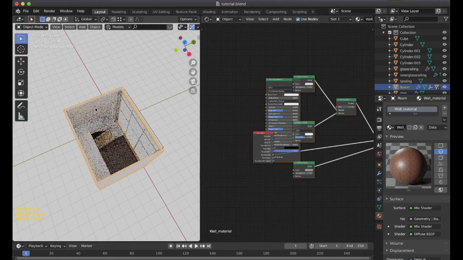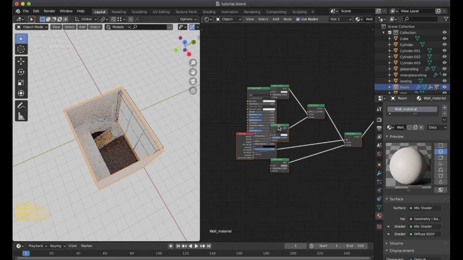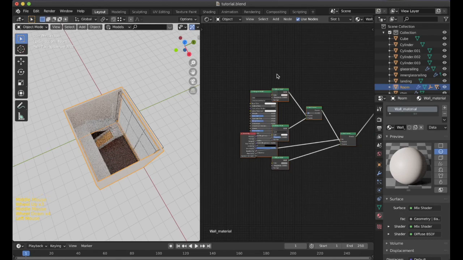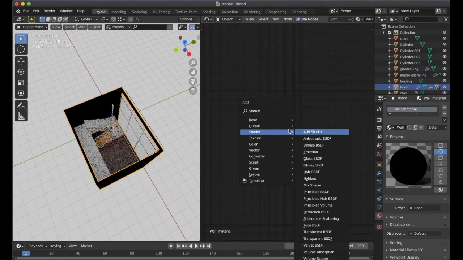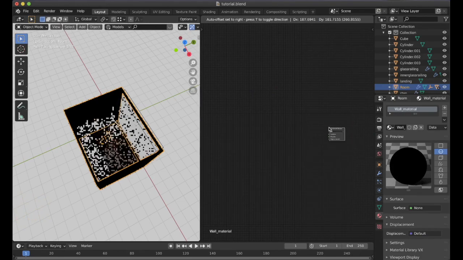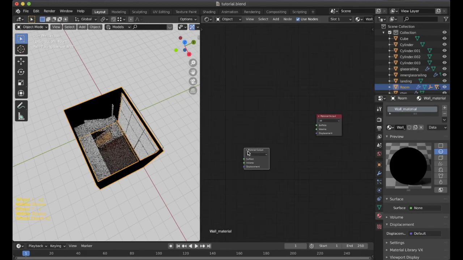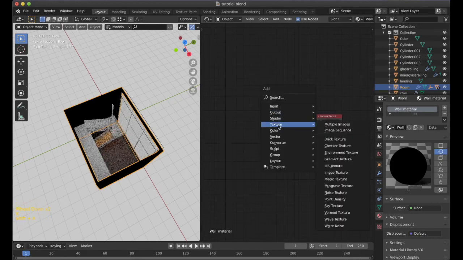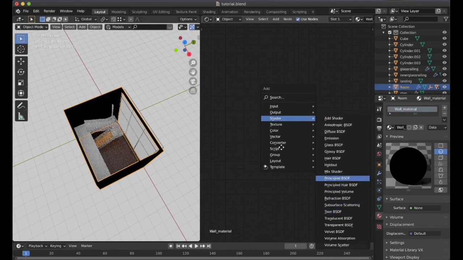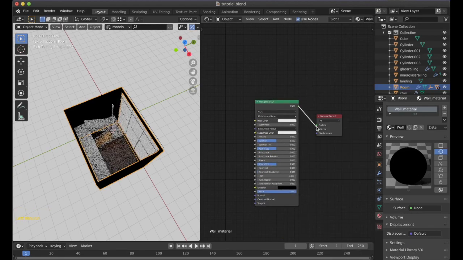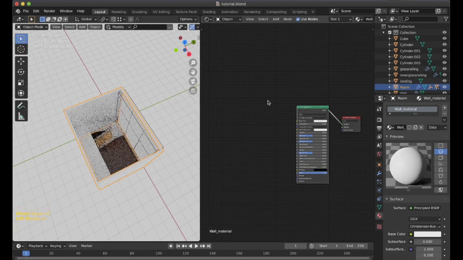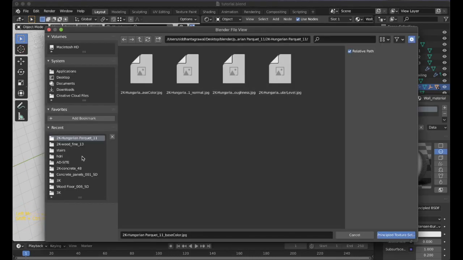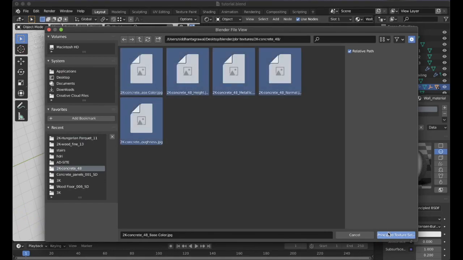Now as for the room wall material, I will delete all of these materials and we'll go with the basic PBR setup. Okay, we already had that over here, so I will add a principled shader. And then after the principled shader, I will again apply that. This time I'll use a concrete texture for the walls. I'll select them all and I'll do that.